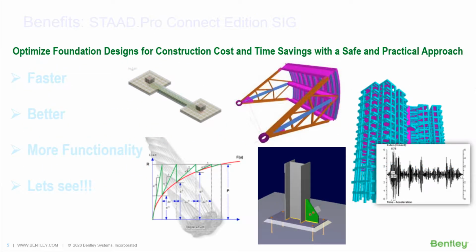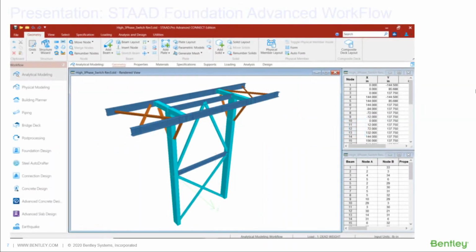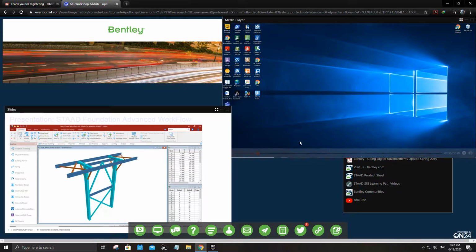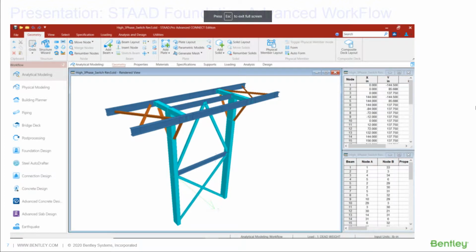Okay, so now we're going to switch over and jump into our live presentation. I'm going to stick with this PowerPoint for just a minute because we want to discuss the overall workflow for STAAD Pro and STAAD Foundation Advanced. This is a topic that we've covered previously, so I just want to take a few minutes to explain